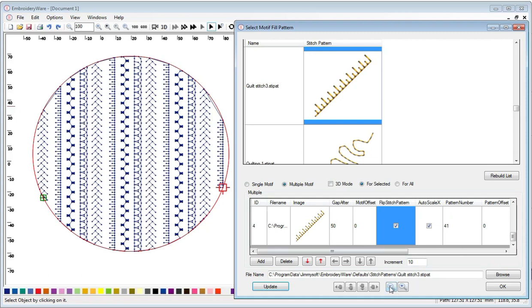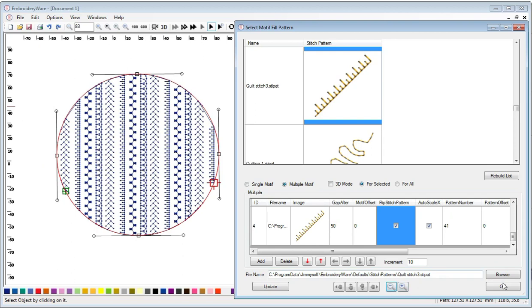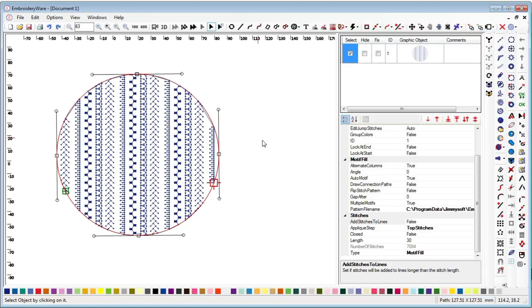So that's pretty much it for the multiple motifs. They're a lot of fun. I think they kind of look like Christmas ornaments,